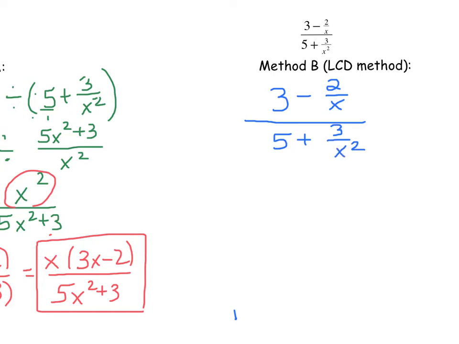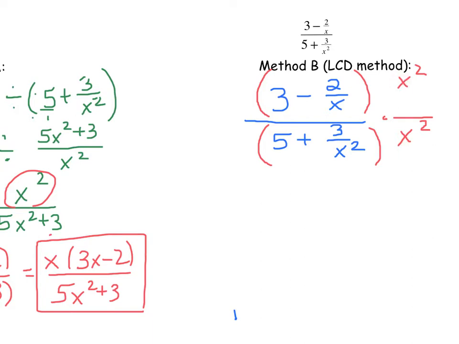Now, from the last problem, we did know that the LCD was going to be x squared. So here's where we go with it. We go back to that complex fraction, leave it in the complex fraction form, and we multiply numerator and denominator of that complex fraction by the LCD, which we had seen was x squared. So I'm really multiplying by x squared over x squared, which is 1, so I'm not changing the original problem,